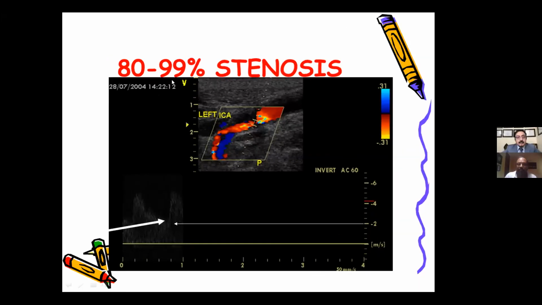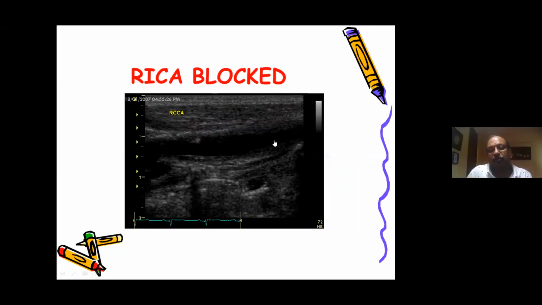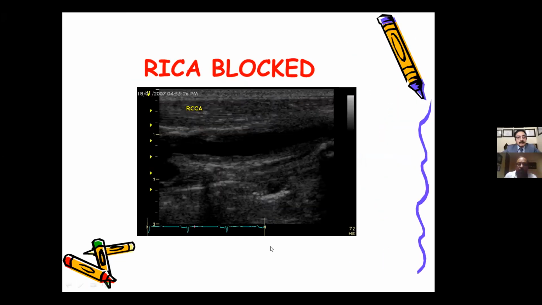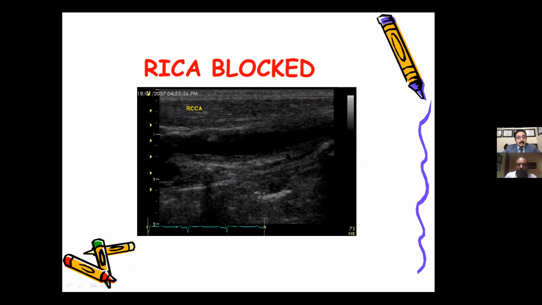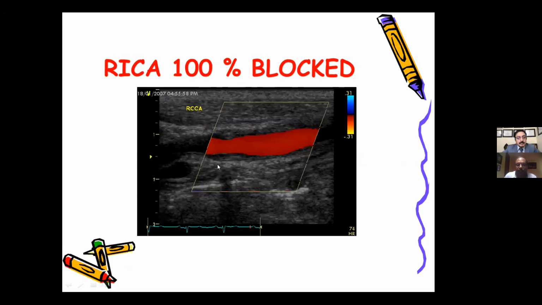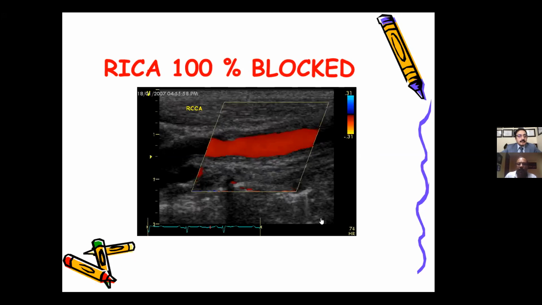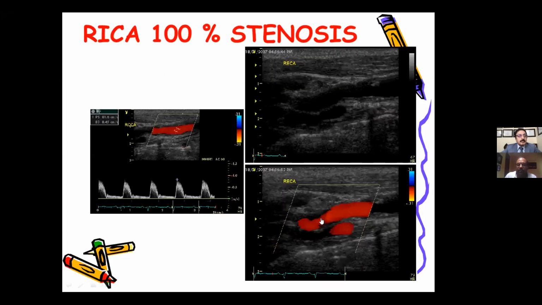Another one: right internal carotid artery blockade. One of my previous speakers talked about these things. Look, you can have a blockage suspected from outside, a pressure coming from outside, but in this patient you can see the blockade is right at the origin of the internal carotid artery. You can see the external carotid artery, but there is no flow in the internal carotid artery. When you put on the Doppler spectrum pattern, you can see some amount of turbulence at the distal CCA bifurcation.